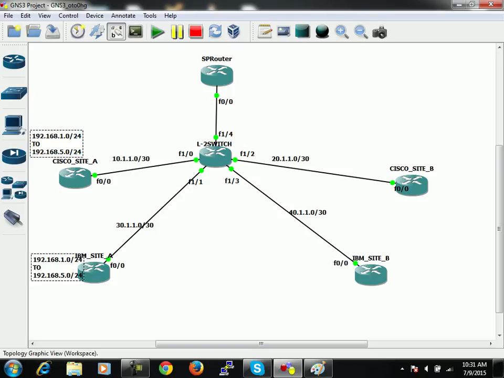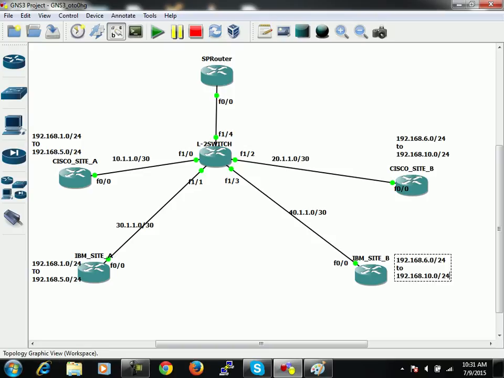Same prefixes you are using in IBM site A. Then Cisco site B is using from 6.0/24 to